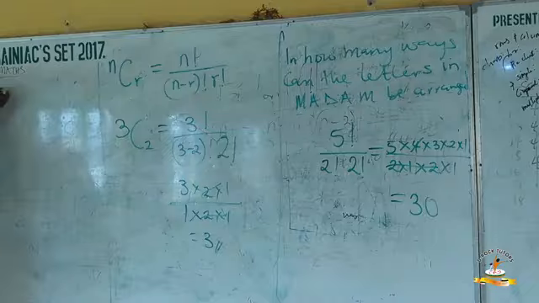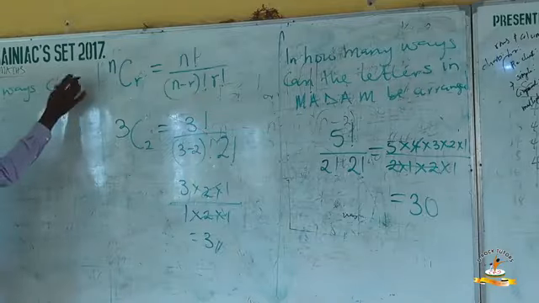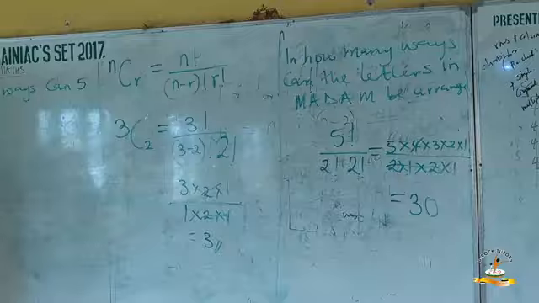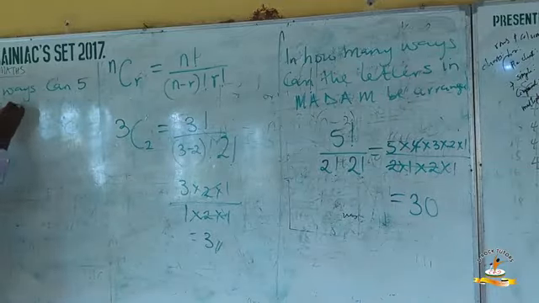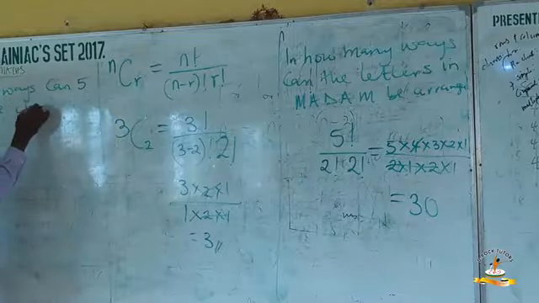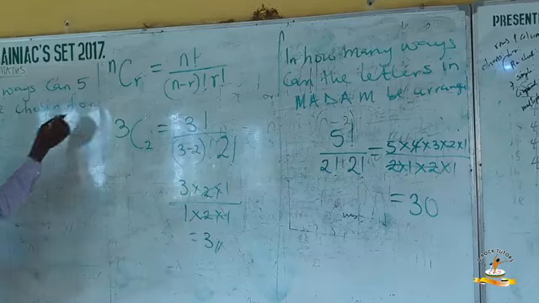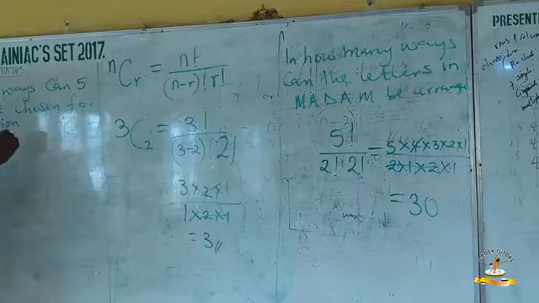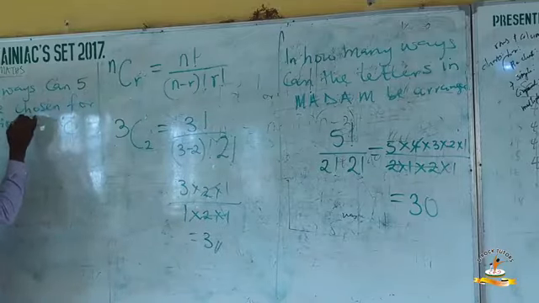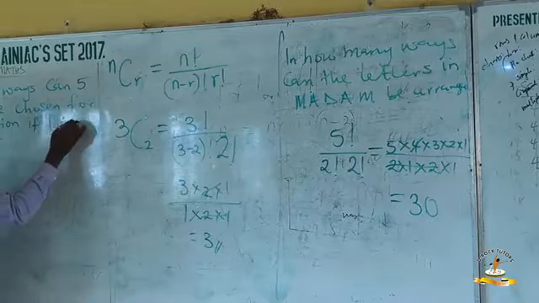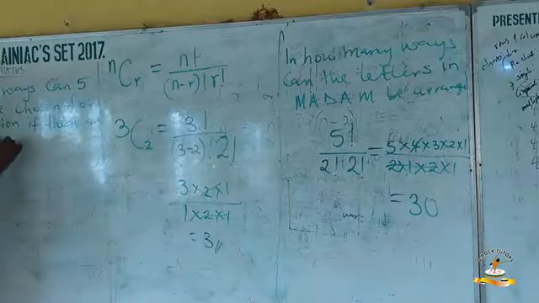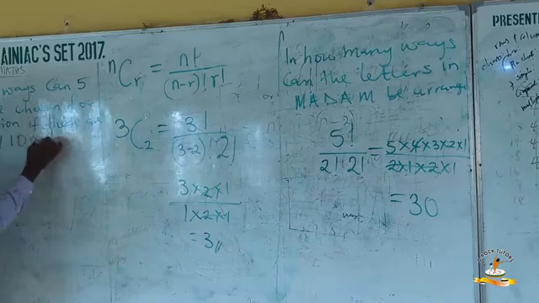In how many ways can 5 students be picked, or chosen rather, for a competition if there are 25 boys and 10 girls,